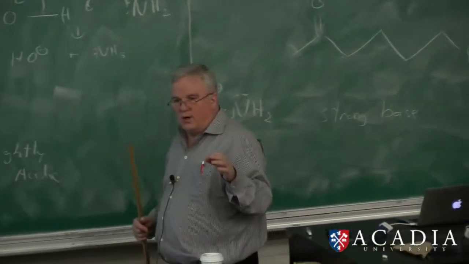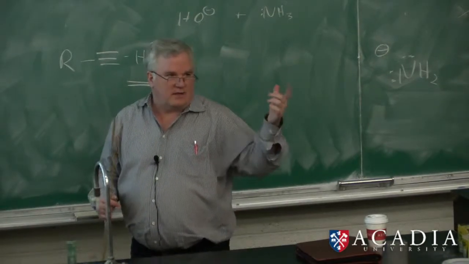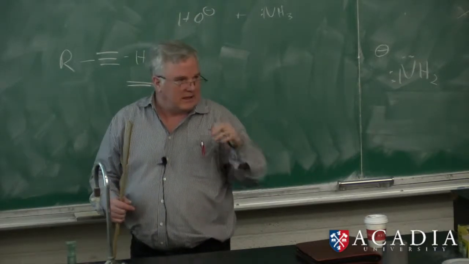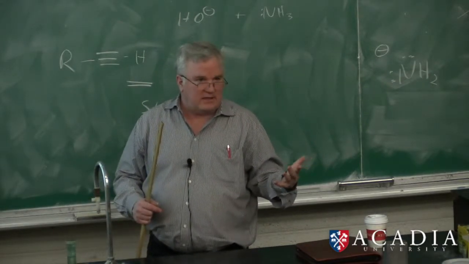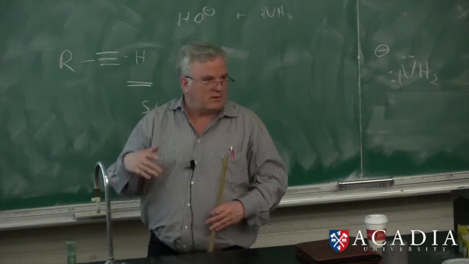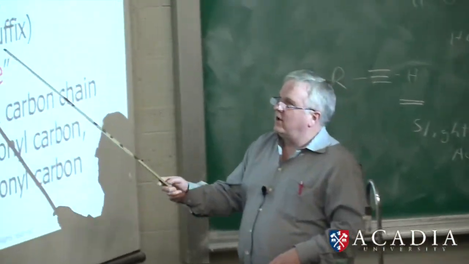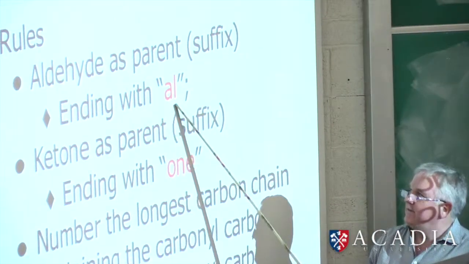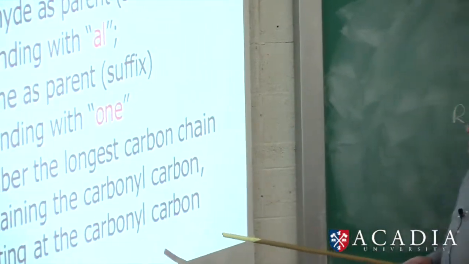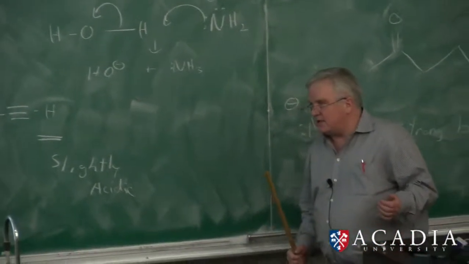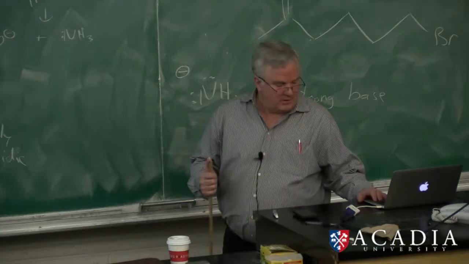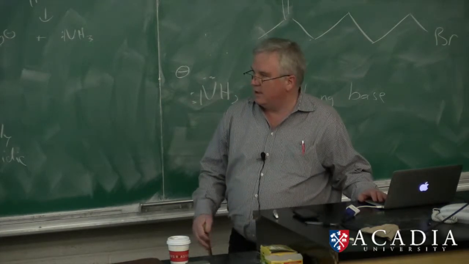Nomenclature: on Acorn, if you go into the book, the second chapter of the Acorn book has some links to some nomenclature. I expect you to know how to name these things. I don't get really excited about asking a lot of nomenclature questions, but there'll be a few simple ones. So for IUPAC, aldehydes have the ending -al. Ketones have the ending -one. We always number the longest carbon chain containing the carbonyl carbon. We don't necessarily start at the carbonyl carbon, but we always make sure that the carbonyl carbon has the lowest